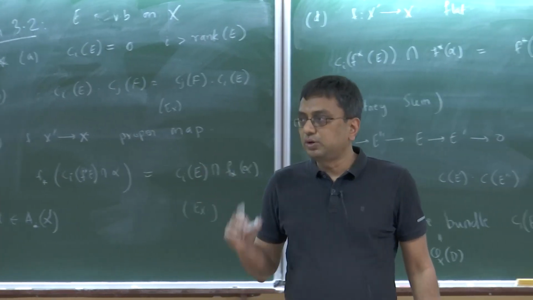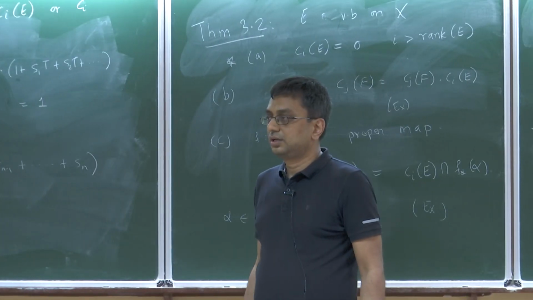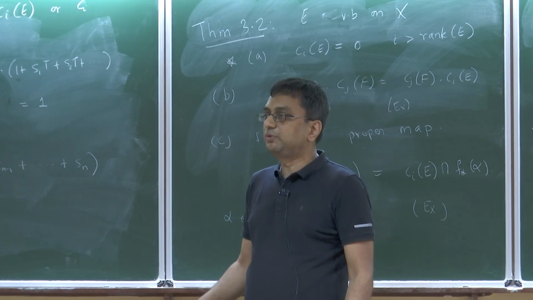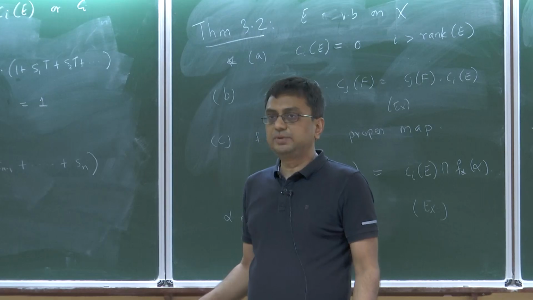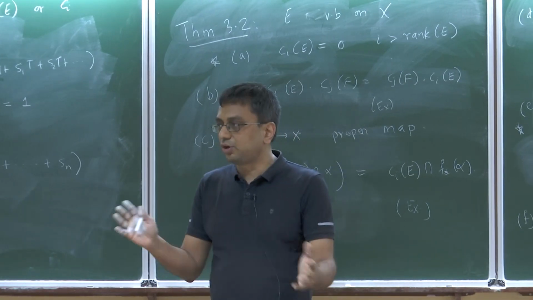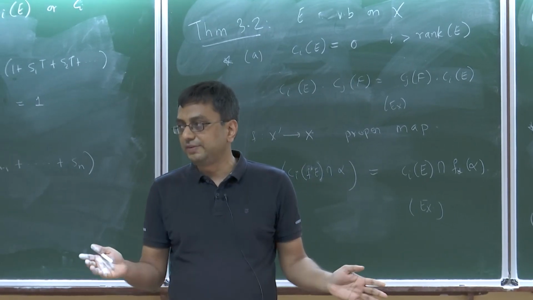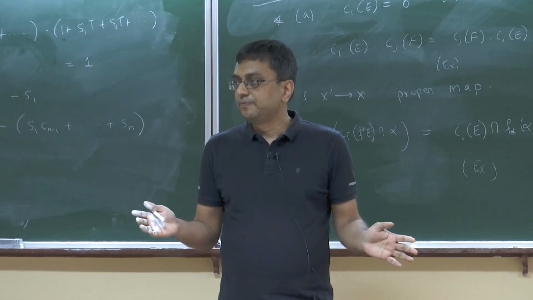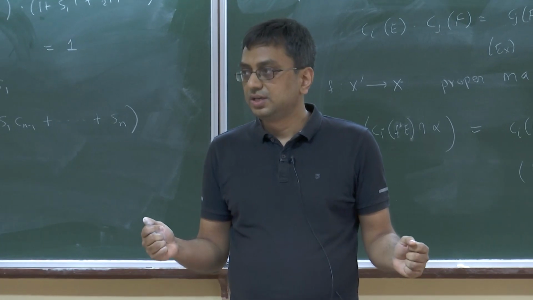So there is one very important point. Is it any section? For example, what happens when S is a zero section? It is supported on X, which is a tautology. Every cycle is on X anyway, right? So if S is a zero section, this is not giving us any information. But this statement is dependent on the section, right? What section you are